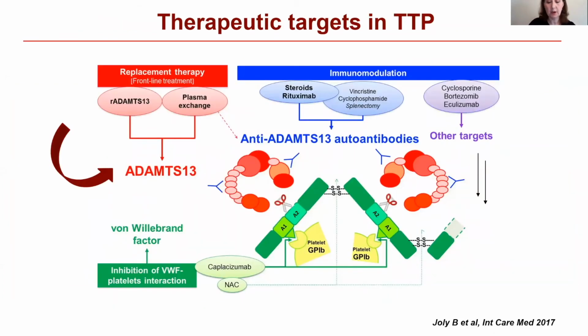Finally, when considering all the therapeutic targets in TTP, consisting of ADAMTS13 itself, anti-ADAMTS13 antibodies, and von Willebrand factor, several current trials are devoted to the recently developed recombinant ADAMTS13, which would be an alternative to the current plasma exchange, providing exogenous ADAMTS13 to TTP patients. Just keep in mind that all these targets are certainly not exclusive but, in contrast, are complementary to optimize the